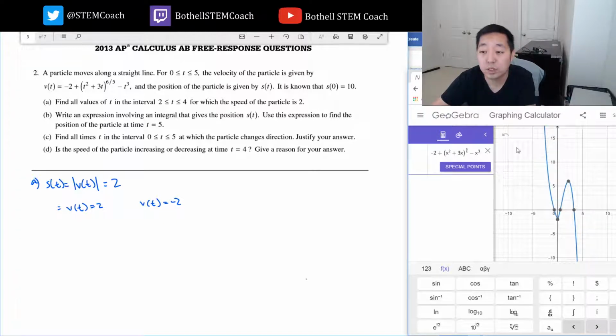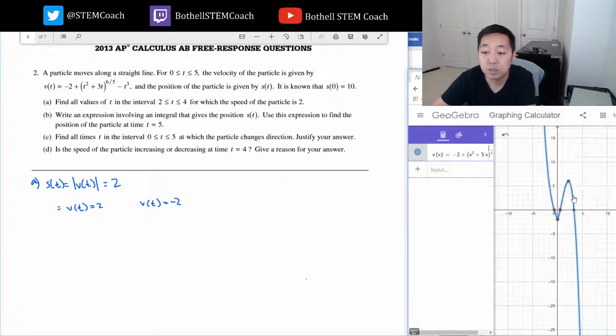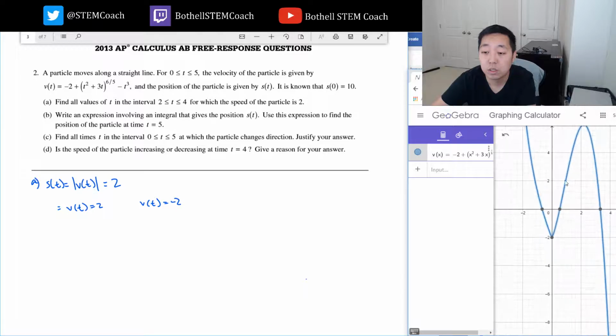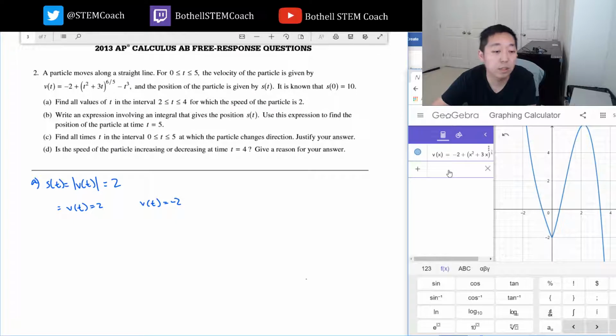And let me see if I can figure out the trace. The trace would be a lot easier if I could show trace. I don't know why I can't get a trace. I kind of want to trace this value to figure out exactly when it's 2, but what I can do instead is plot v minus 2,